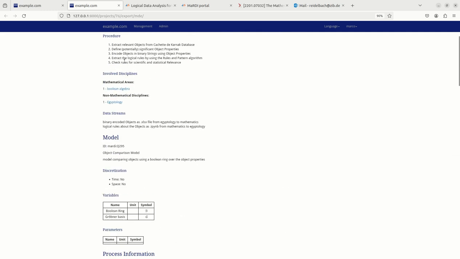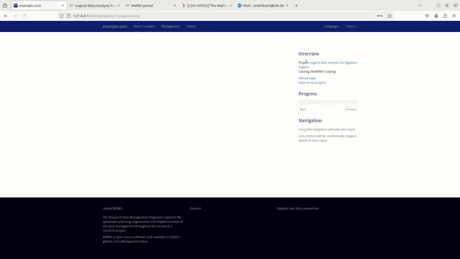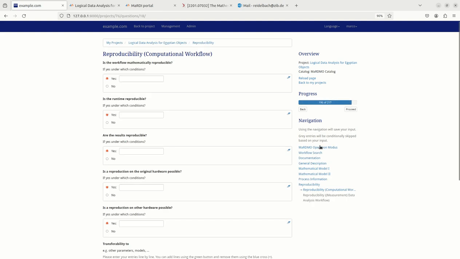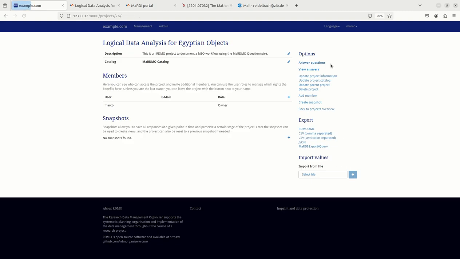And then finally we could say, okay, now we are fine with this workflow documentation. Then we simply go again into the questionnaire and to this documentation section, and then we say no, now we want to publish it finally on the MaRDMO portal. Click again on MaRDMO export and query, wait a few seconds,